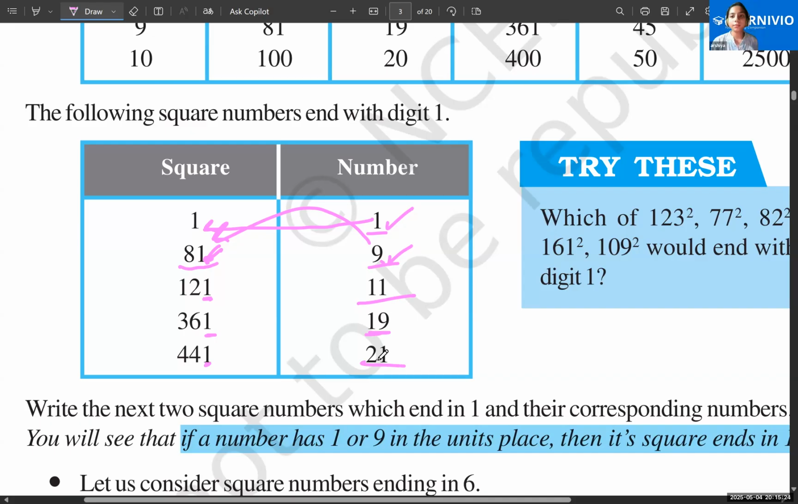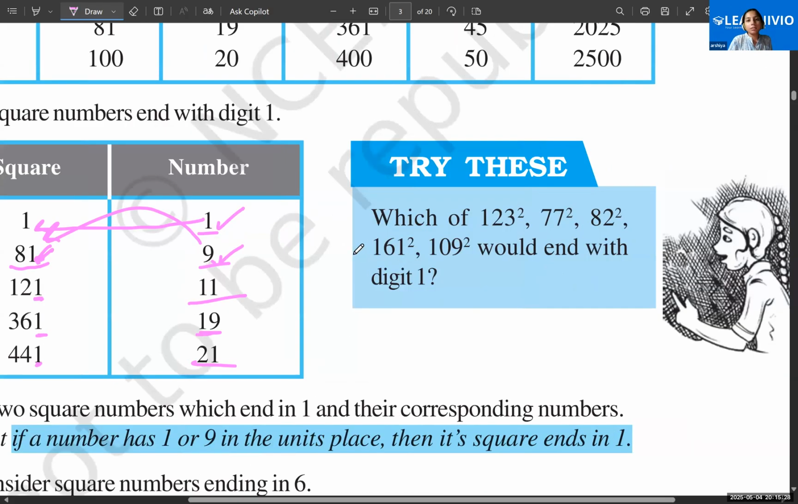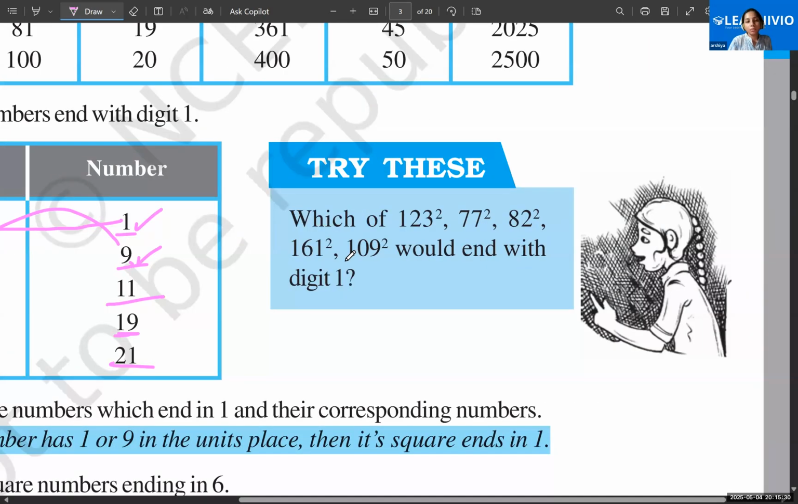I don't get it. Okay, let's do one question. If there is a number in the ones place, that means that the